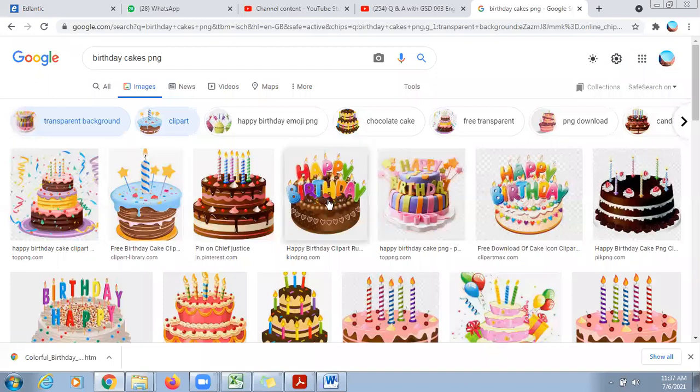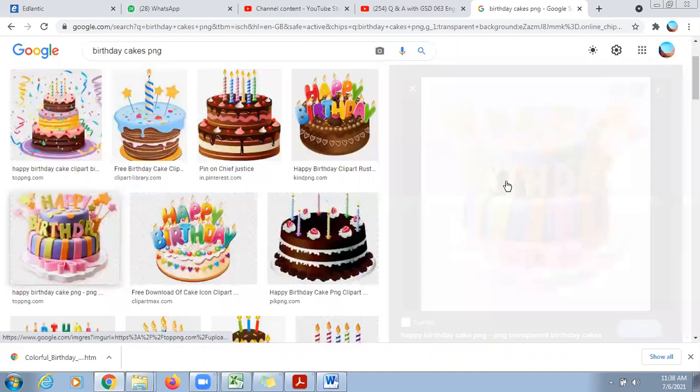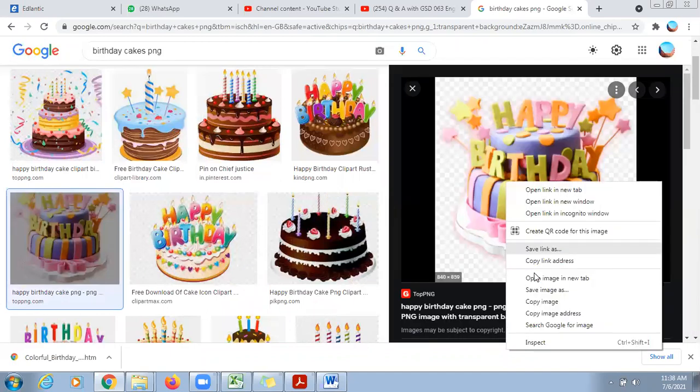What else you can do, if sometimes you are not able to find an image which is PNG, which looks like a PNG image, which is not having any background, what else you can do is you can download a simple image which is not a PNG like this one.